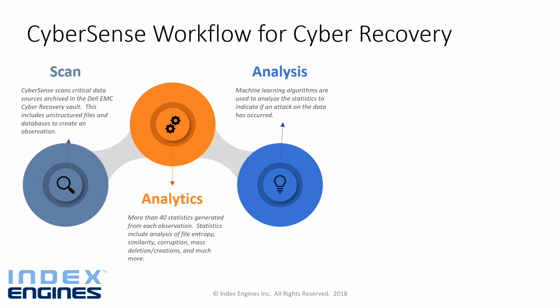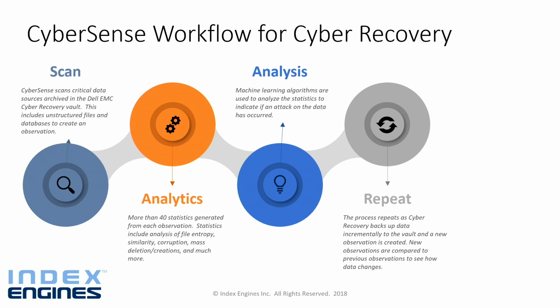And that's the part that's integrated that Stefan showed you, and I'll show you more detail on that. The beauty of this is it repeats. So yes, it gets smarter as it repeats, but you're doing continual observations of the data. You're constantly looking at it for unusual behavior. So if you do get that red light situation,